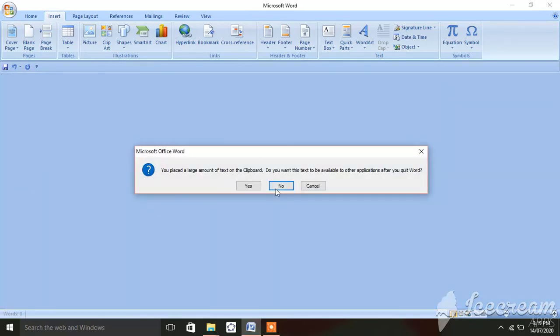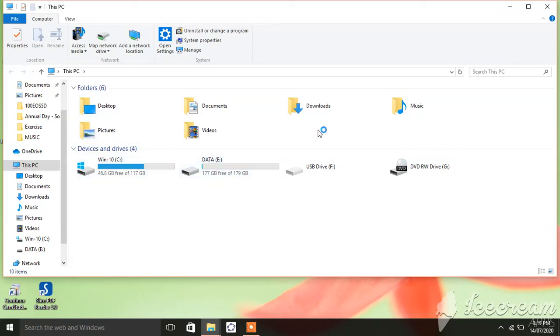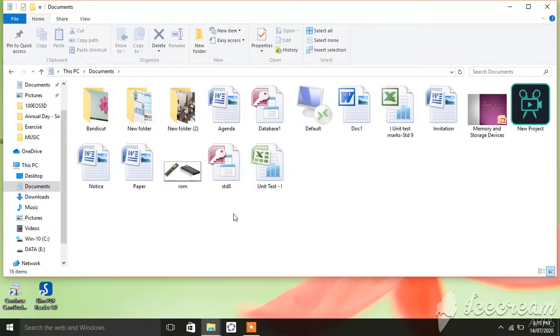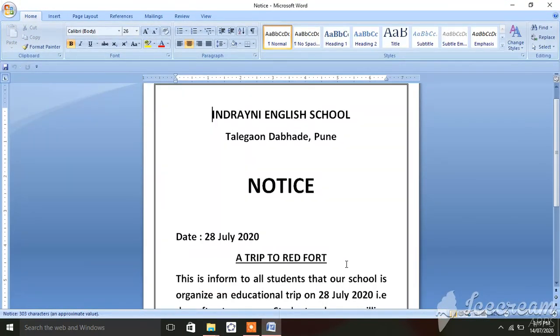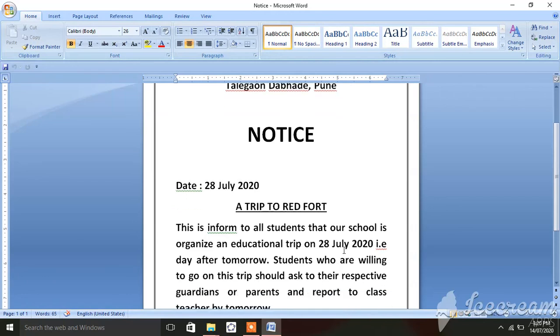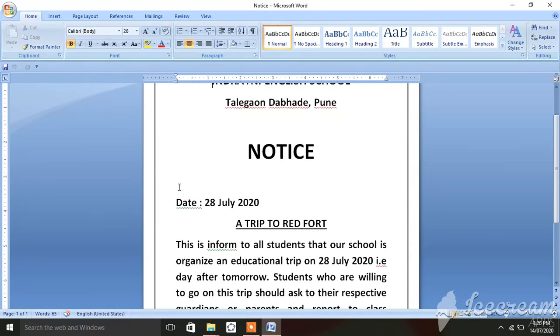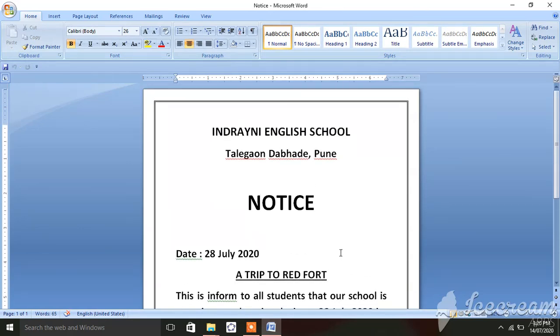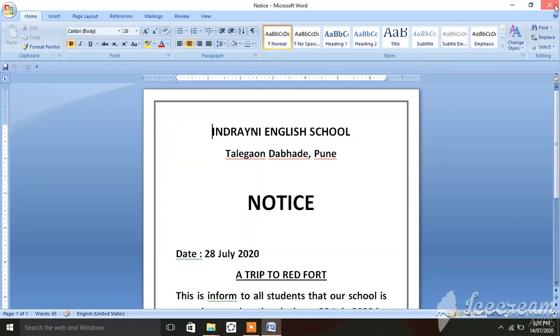Then next one, notice. See, MS Word is also used to type the notice. Here is one example of notice, a trip to Red Fort. So by taking border and setting the font, you can type the notice with the help of MS Word. Then next one,